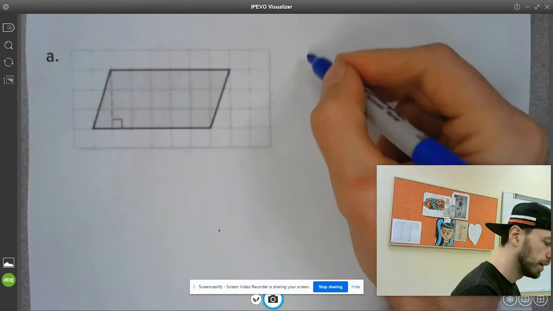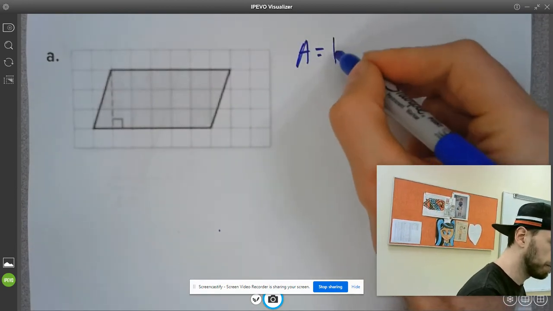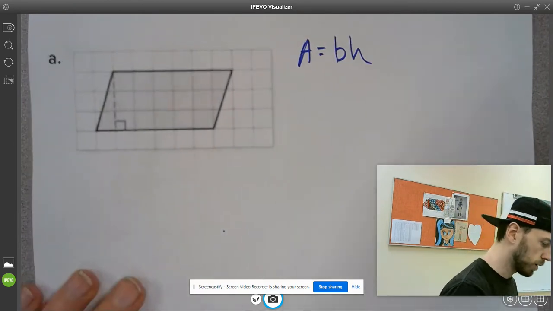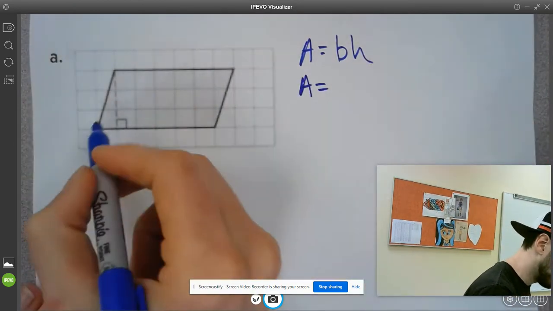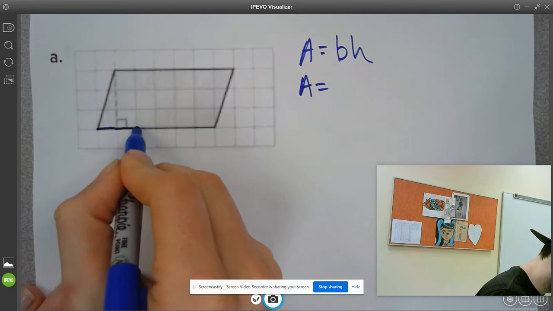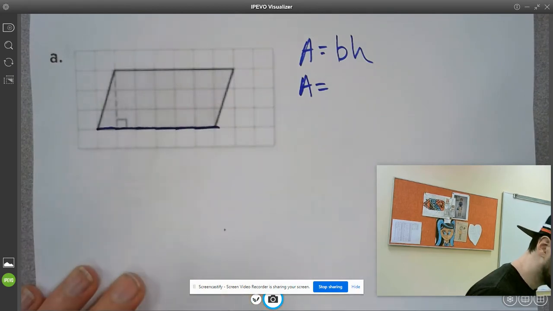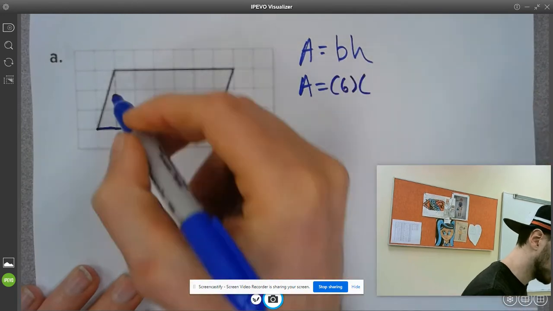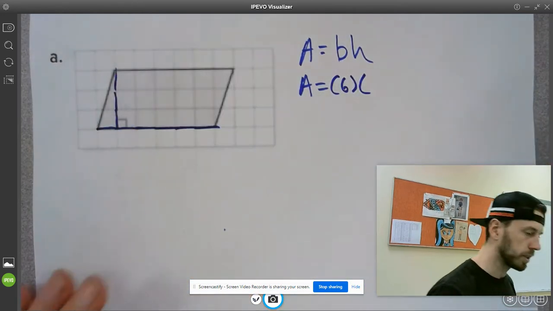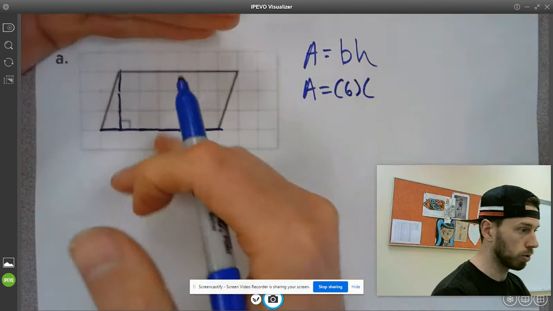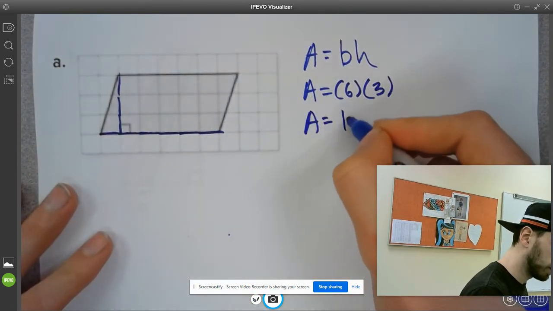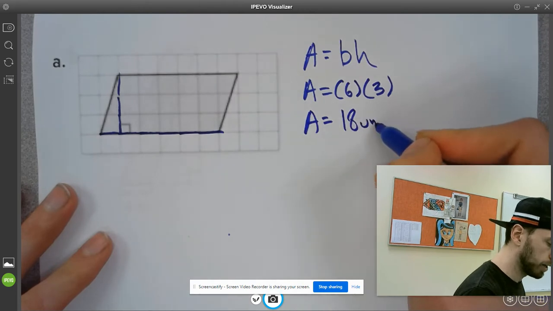Okay, let's see how you did. The area of this parallelogram is found by doing base times height, right? BH. Multiply those two things together. Well, let's find out what the base is. The base is going to be across the bottom here. 1, 2, 3, 4, 5, 6 across the bottom of this figure. The base is 6, and the height is from the bottom to top, 3 high, right? So a total of 3 high. So we would do 6 times 3, and the area of this would be